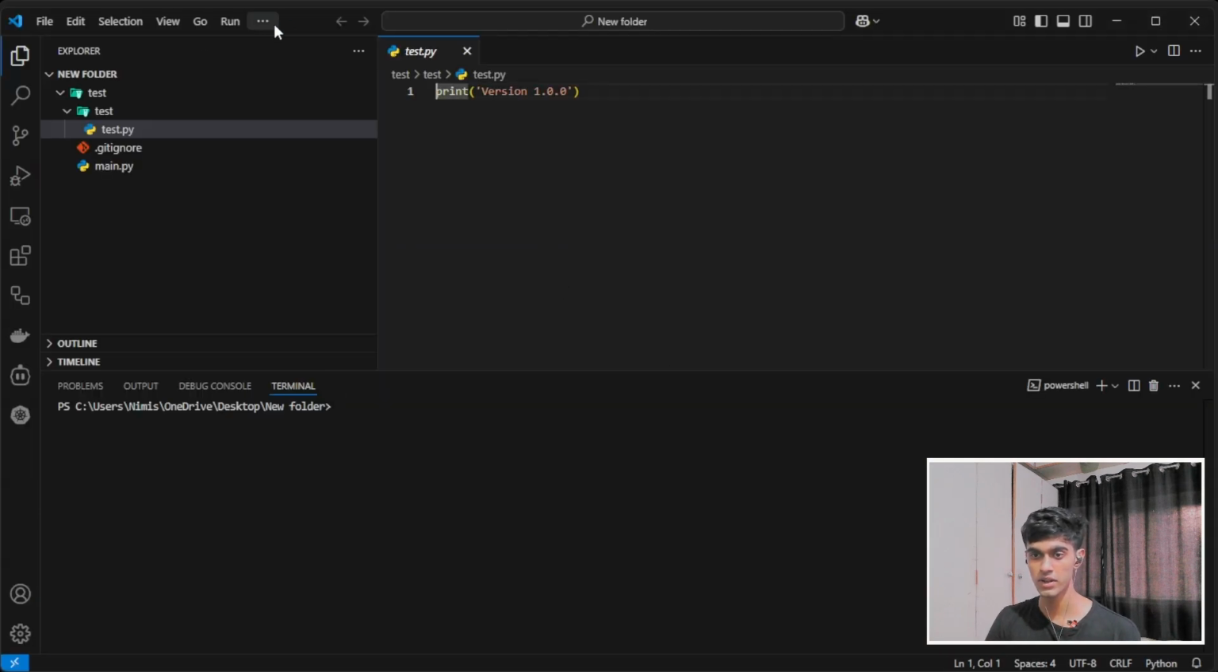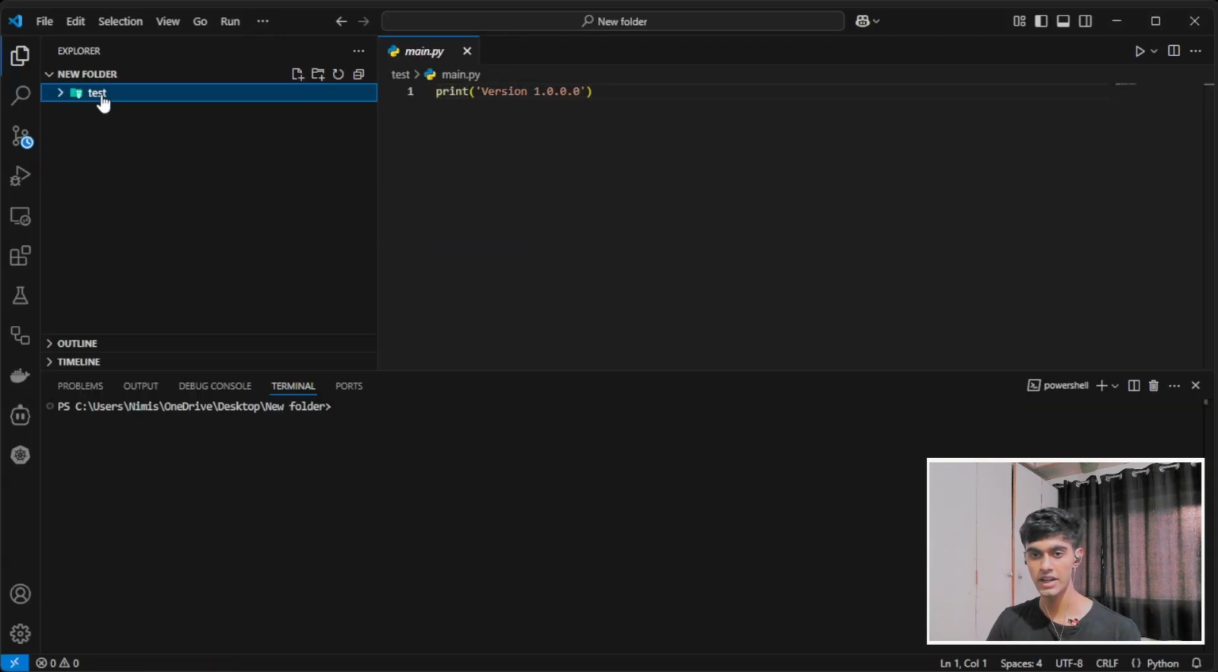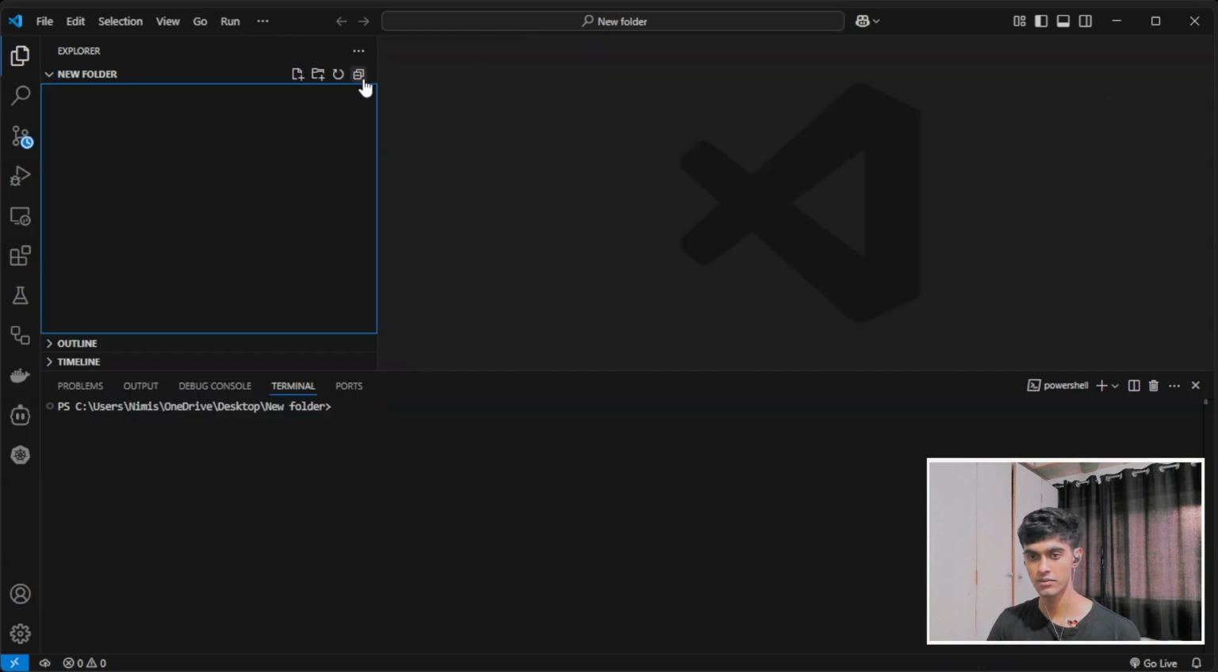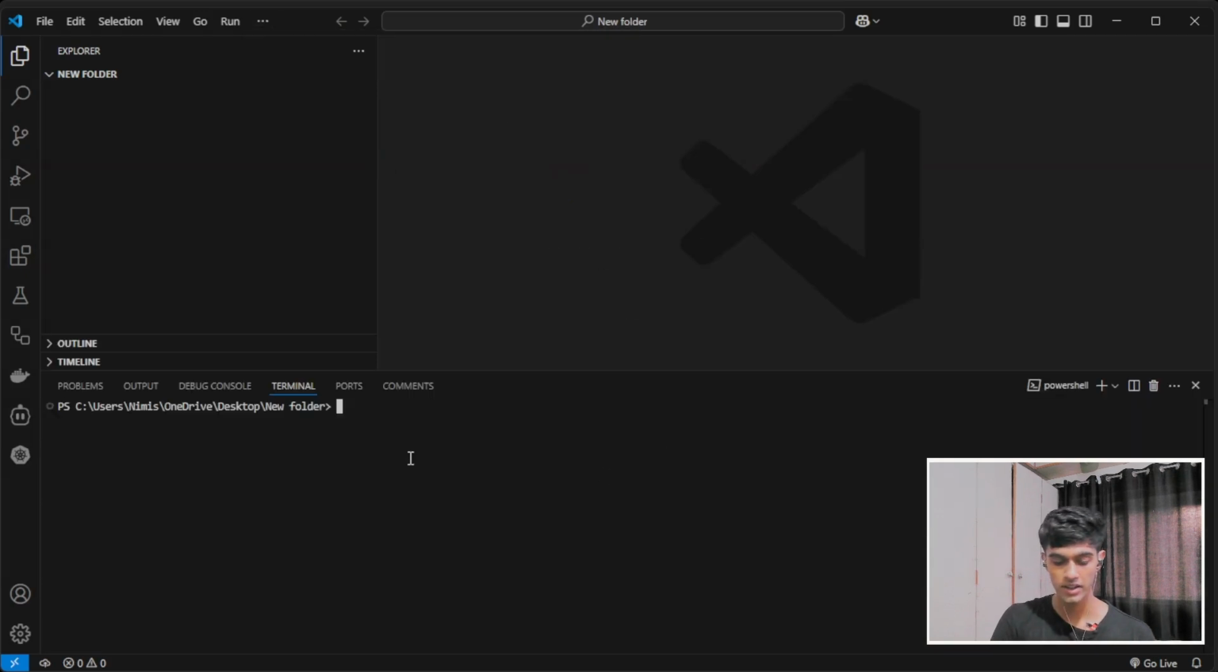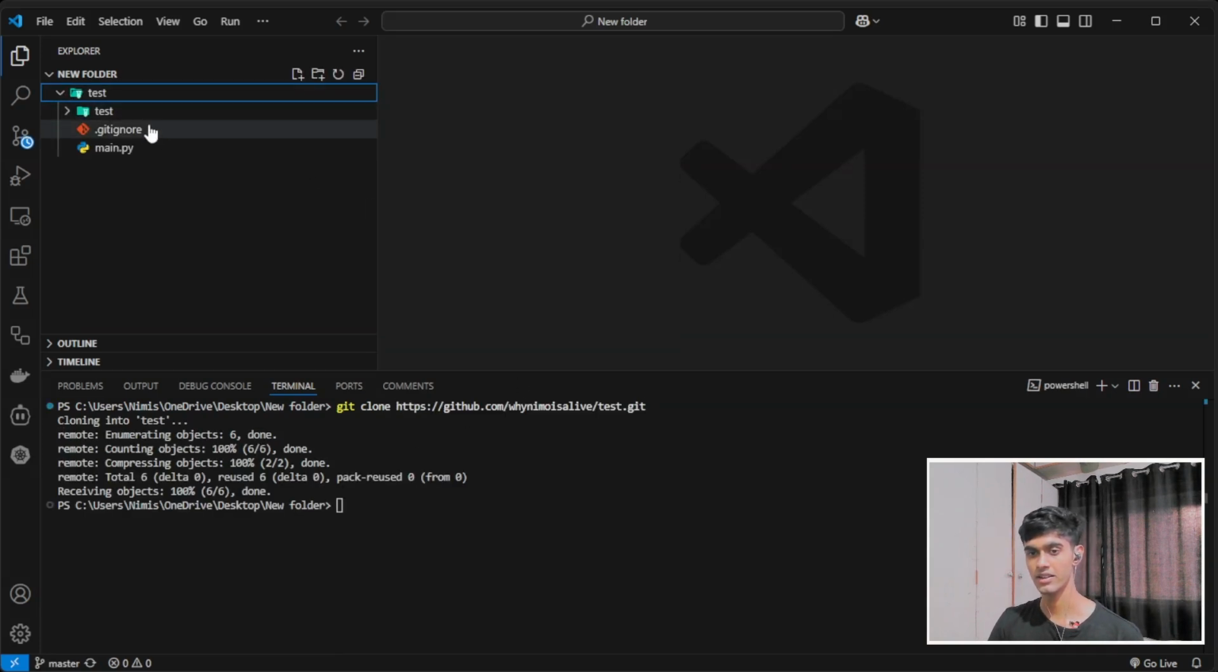I'll use this one, and let me delete each and everything from here. I have created a terminal over here. Let's open a new terminal again. And if I write git clone and paste the URL, you can see there are folders being created,